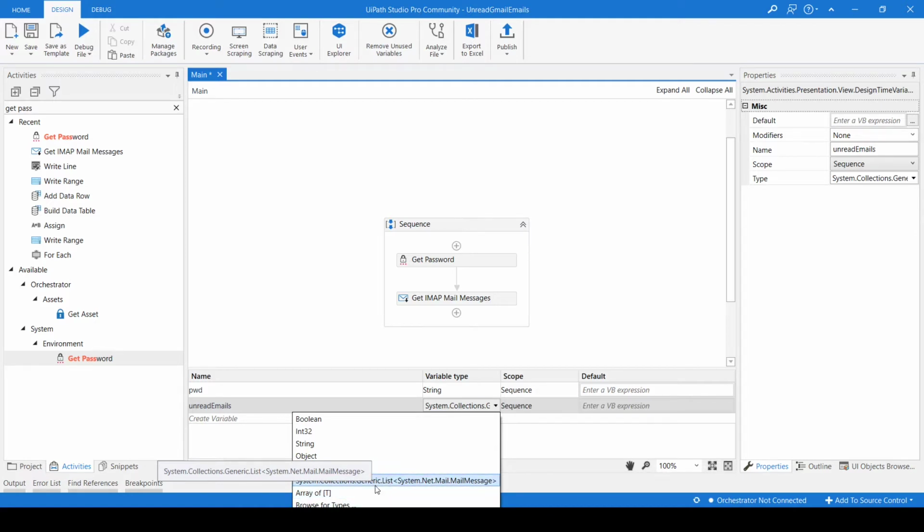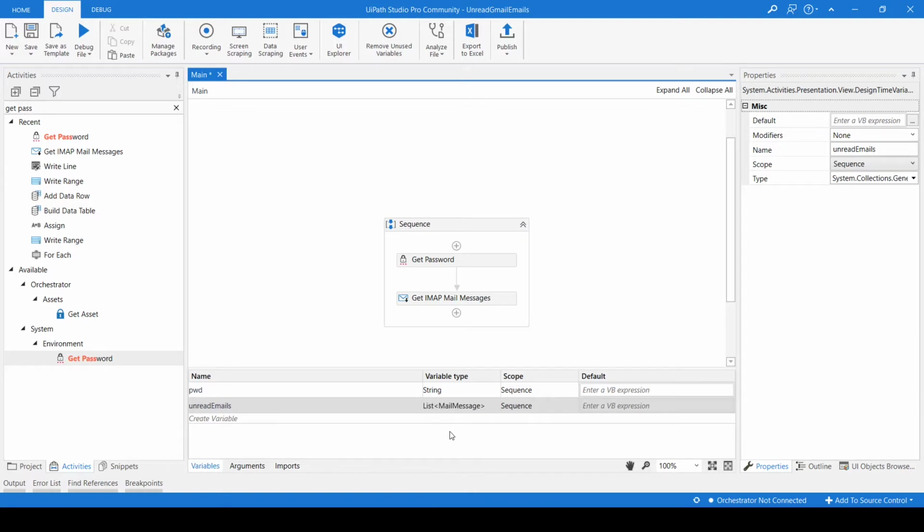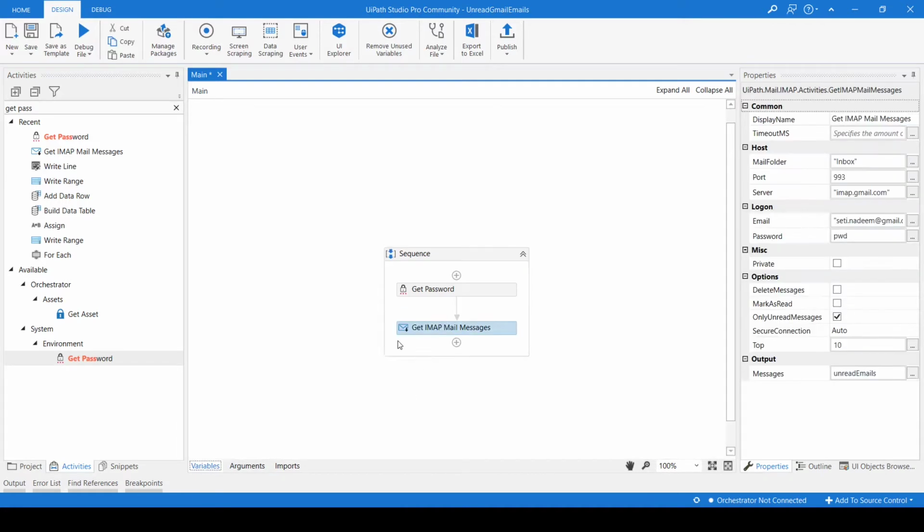It means we are storing the MailMessage type of data into this list type of collection, and the collection itself is an object. So this is a collection of objects. This is not a variable, this is an object, but in UiPath we say variable. So no problem, we can say variable as well. We will not say object. So in this list type of variable, we are storing MailMessage type of values.